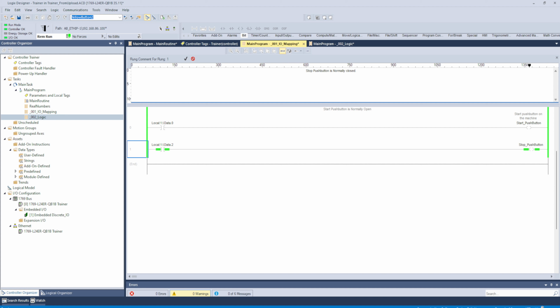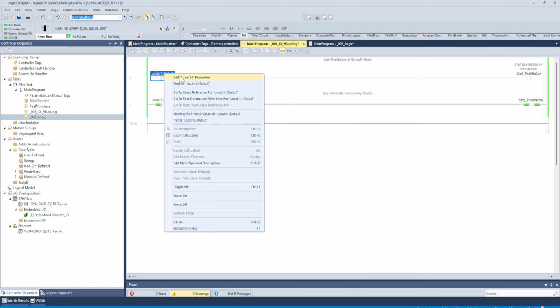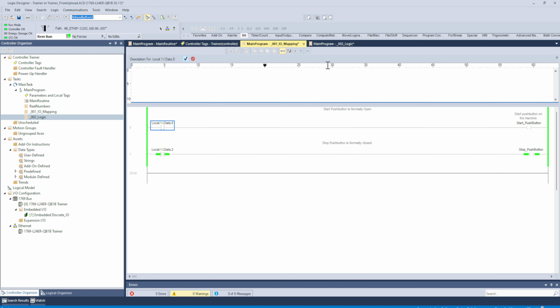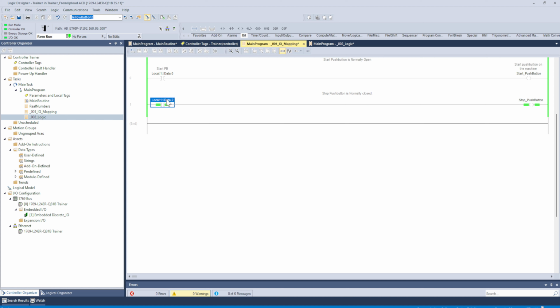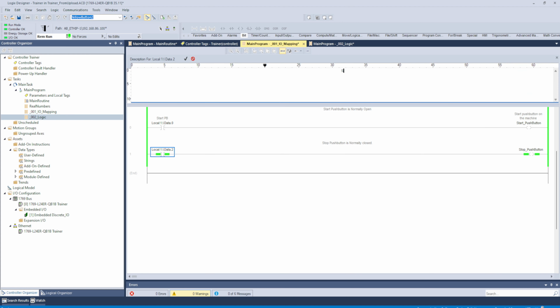Okay, and you could create a description here. You could go ahead and edit main operand description, and you could say start PB there. And you could call this one edit operand description, and you could put stop PB. Okay,